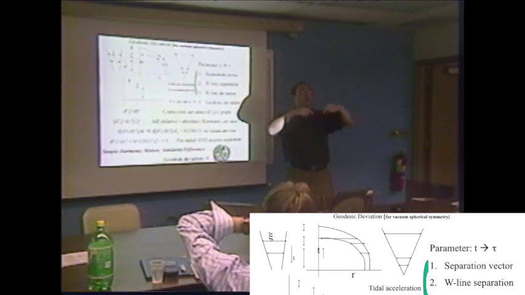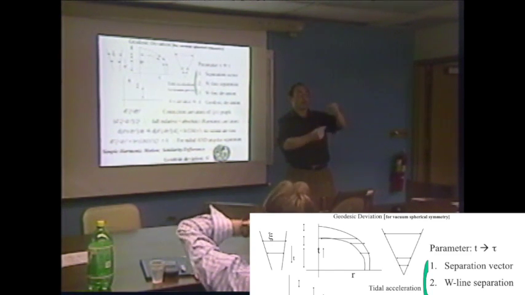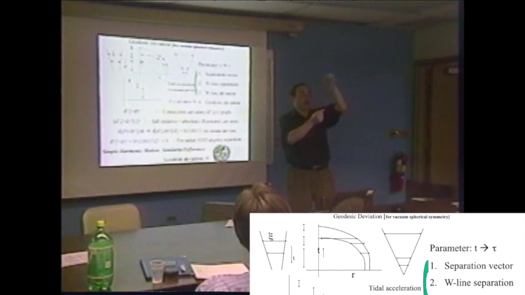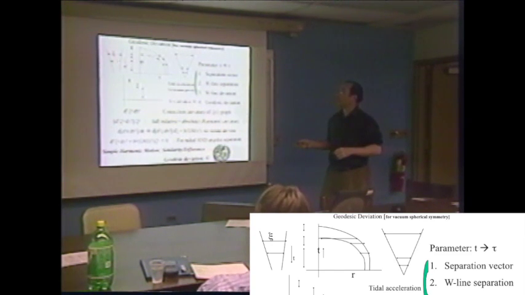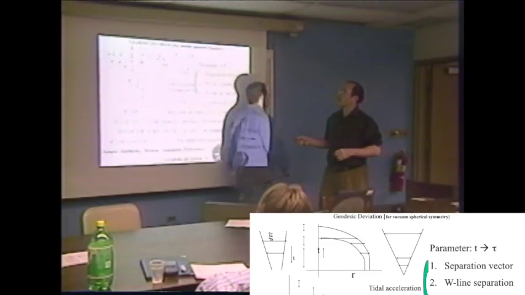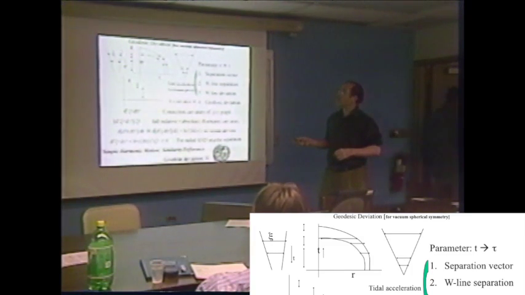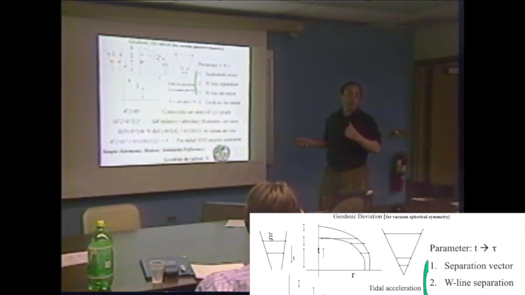And now what I'm going to look at is two particles moving along a radial line, where one is closer and one is further, and they have an r distance between them. And the psi vector will now be vertical, so to speak, along the radial line. At one moment, when they're beginning their descent, they're pretty close towards each other. At the next moment, they're a little further away from each other because the lower one is being pulled by greater acceleration. At the next moment, they're even further away because the bottom one has been accelerating and therefore has picked up greater velocity and therefore has covered more distance.